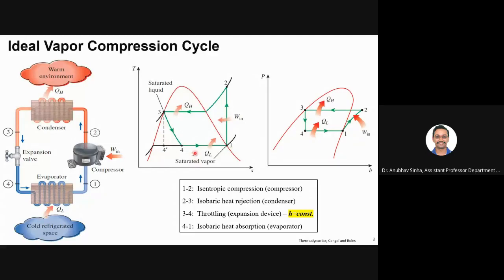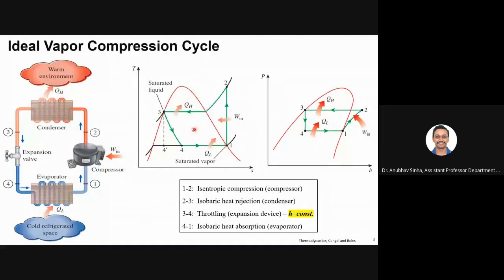Correct. So here at 0.4 we have a liquid plus vapor mixture, but if we go on with this process, what we see is that at the end of this process we have saturated vapor. So 4 to 1 is done in the evaporator, which means that whatever liquid was there, it evaporated. It gets evaporated here, and saturated, or complete 100% vapor, is there at 1.